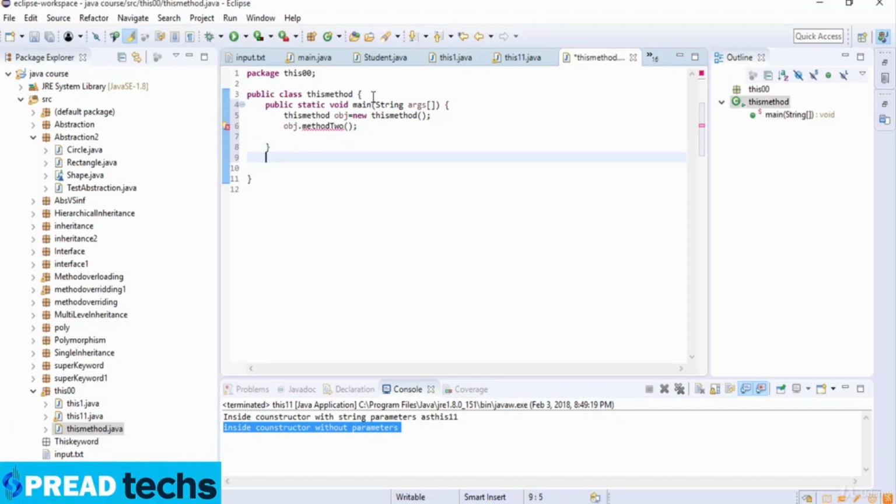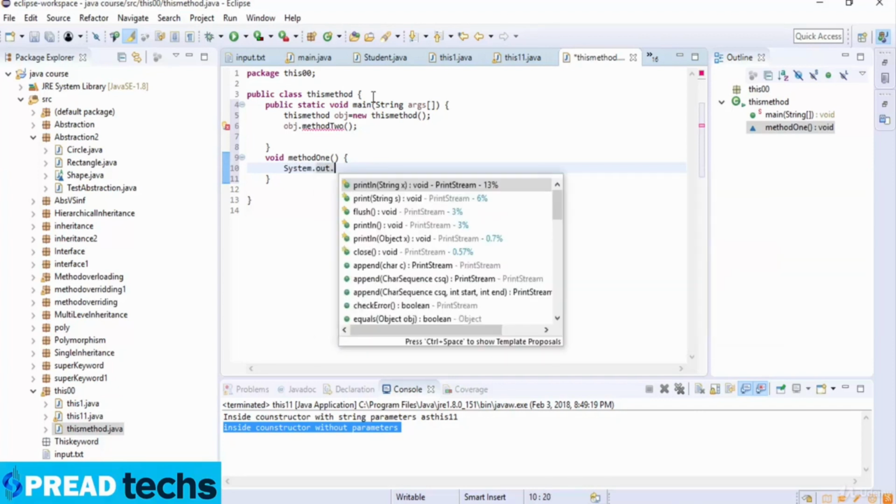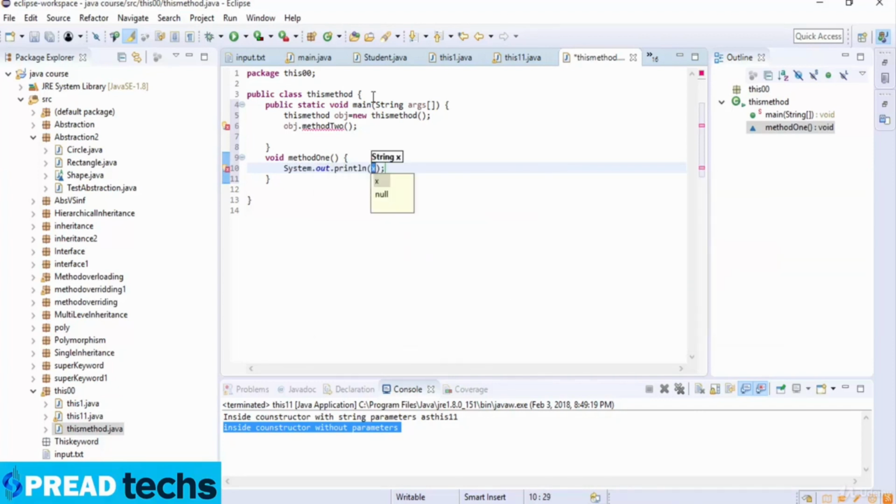Okay, so now here I just write method void and method 1, and then system dot out dot println, and println is inside method 1,